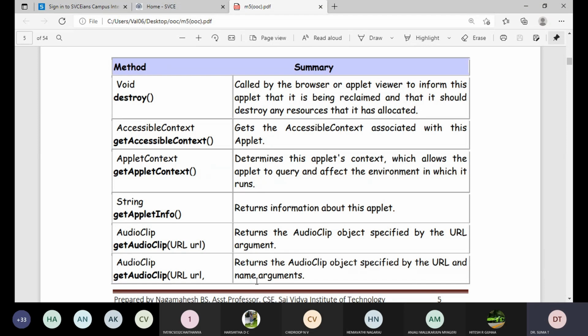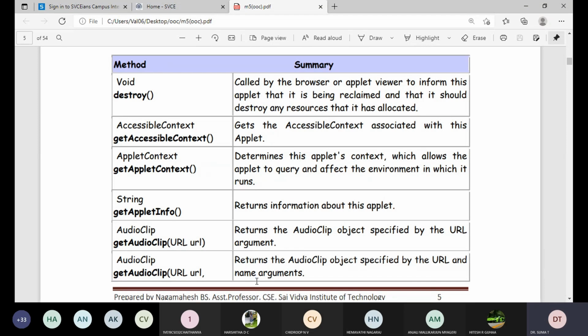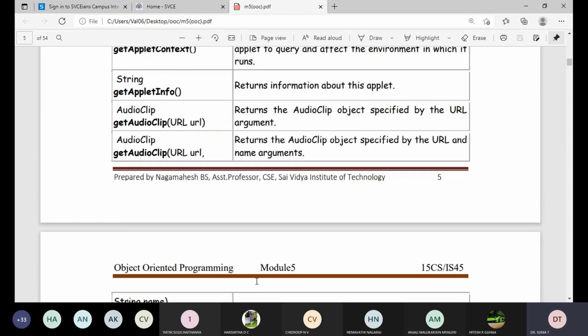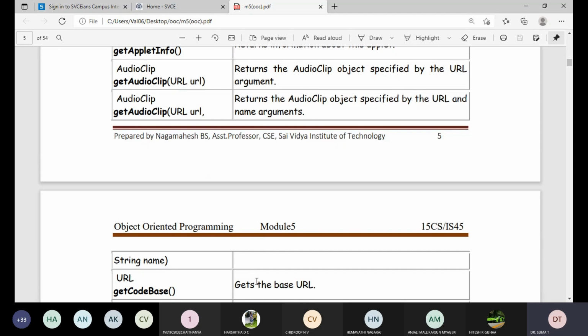So next is getAppletInfo, which is a string. It returns information about this applet. Then getAudioClip returns the audio clip object specified by the URL argument.